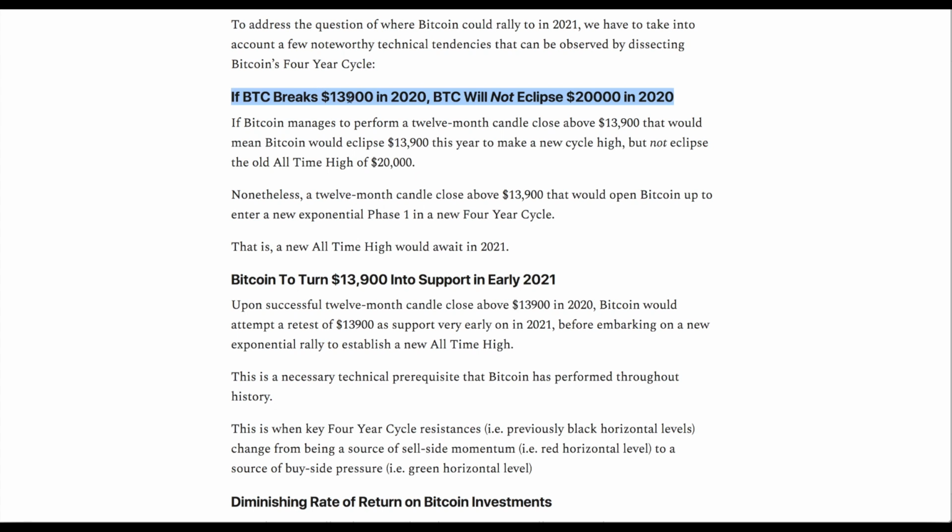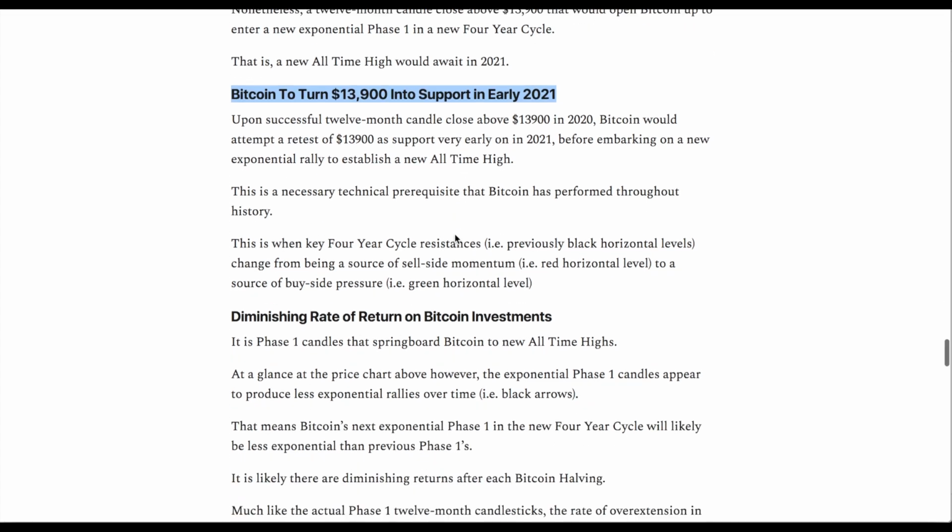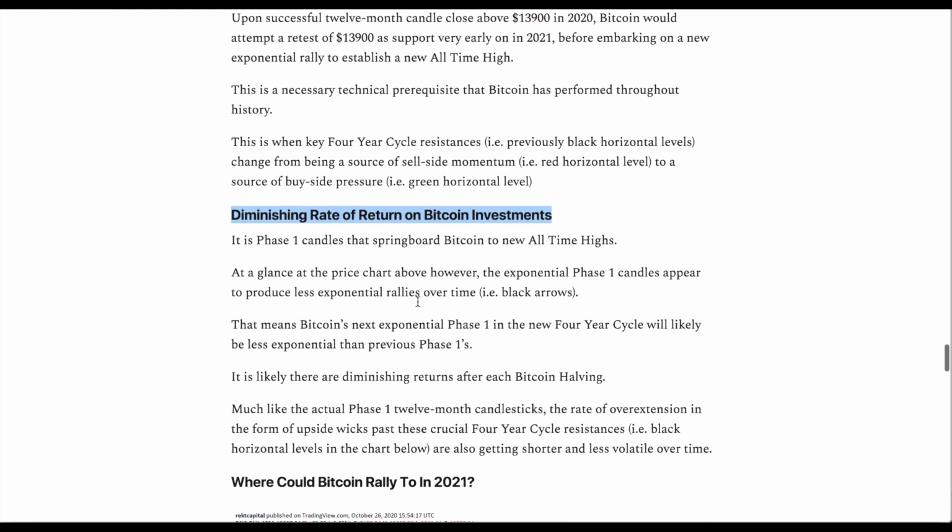We will eclipse 13,900. And, of course, in the newsletter, we hadn't quite done that yet. But this has indeed turned out to be true, at least the first half of this tendency. But I'm still quite confident we will top out anywhere between 13,900 and 20,000 this year. But Bitcoin will likely turn 13,900 into a support in early 2021, but also a diminishing rate of return on